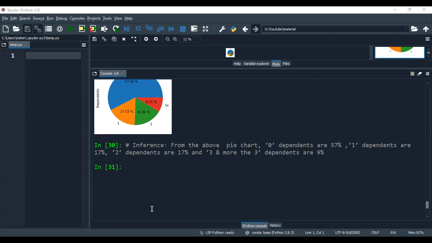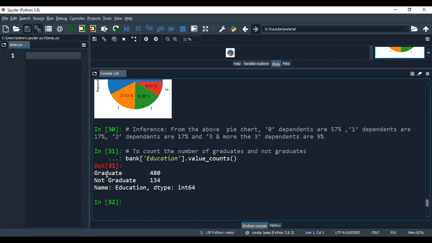Now let us find the number of graduates and non-graduates from the education column. Okay, so you can see here, out of 614 applicants, 490 people are graduates and 134 are non-graduates.